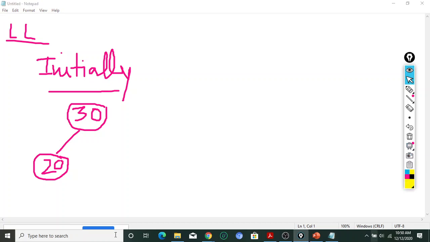Let me know, what is the balance factor of this particular root node, 20? Anybody can say? Am I audible to everyone? Okay. What is the balance factor of 20 at this particular node? This is 0. And at root 30, how do I calculate the balance factor? Height of the left subtree minus height of the right subtree. I am not going to discuss this every time. So height of the right subtree.